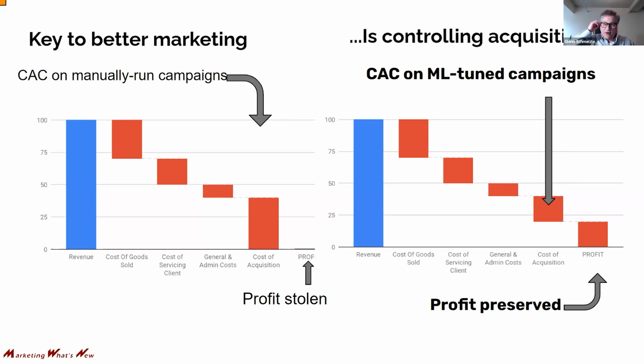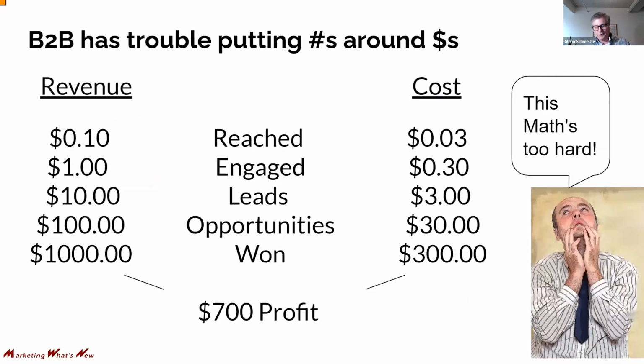And when our marketing is fuzzy and we don't have an idea of exactly what we're spending on it, we are sometimes, on an individual basis, finding that we would actually be eroding and demolishing all profit. If we can get that cost to be predictable, then we should be able to preserve profit. And that's, of course, what everybody wants to do. So we're all on board with that, right? There's only one problem. It's a lot of math.